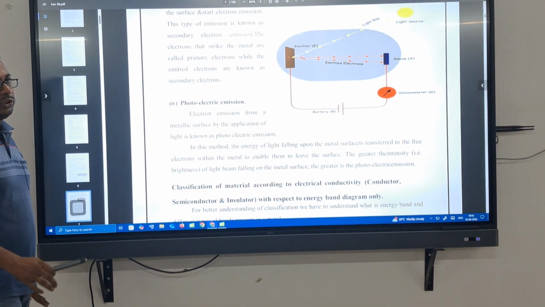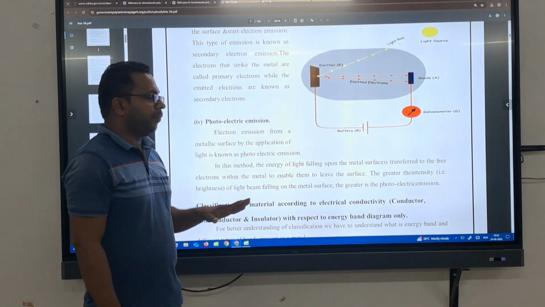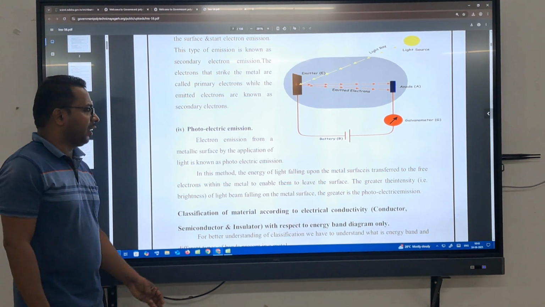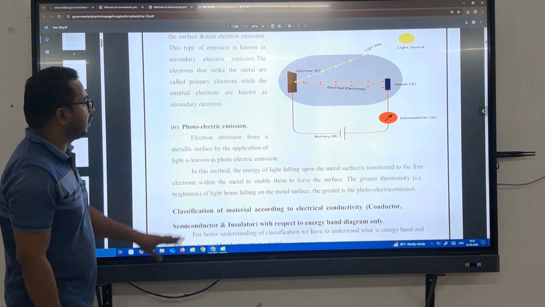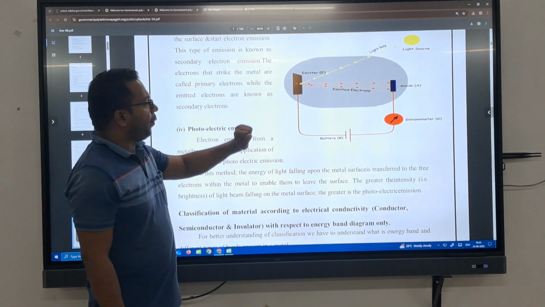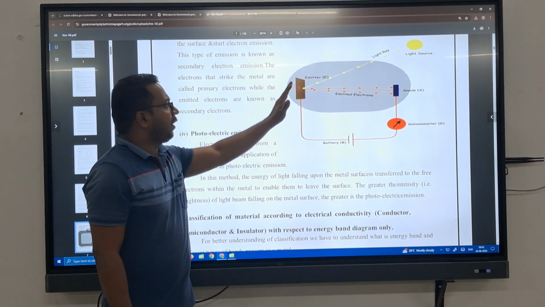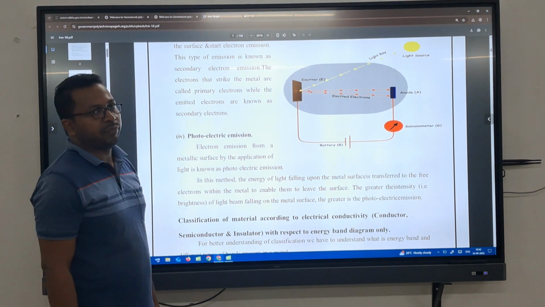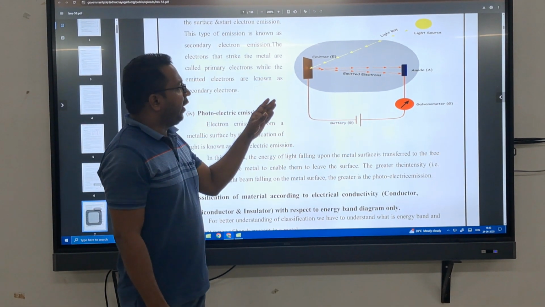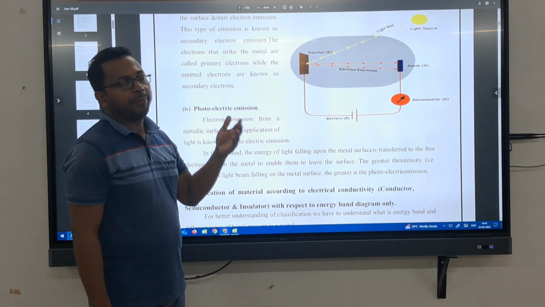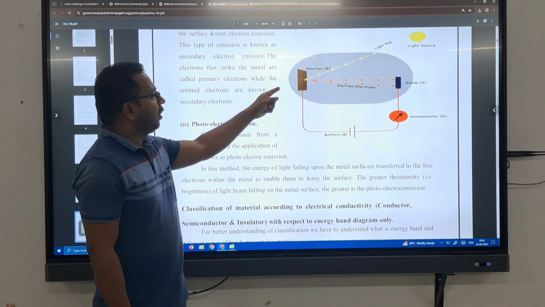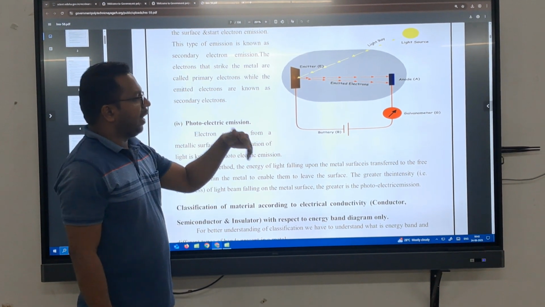So today we have studied four types of emission. One is thermionic emission, second is field emission, third is secondary emission, the fourth is photoelectric emission. There is also another property: the emitted electrons depend upon the work function of the metal. That means the emitting property varies from metal to metal. That means one metal will emit some electrons and another metal